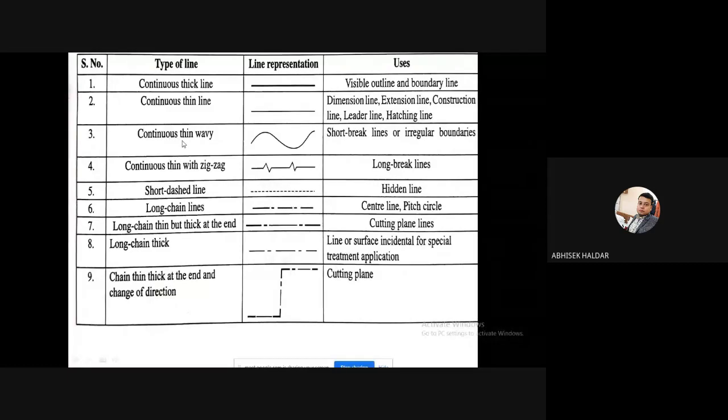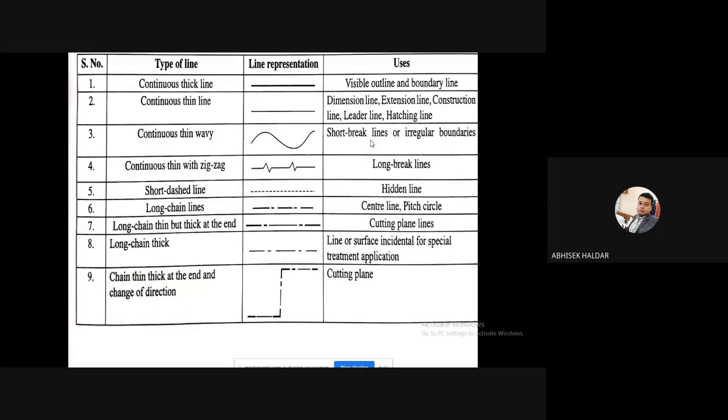Next one is the continuous thin wavy line. You can see a wavy line, just like a sine wave. It is used for showing short break lines or irregular boundaries. That means if any object has a very small thickness compared to its length, you have to use this type of continuous thin wavy line to denote that the thickness is very small, or that you are using short break lines.